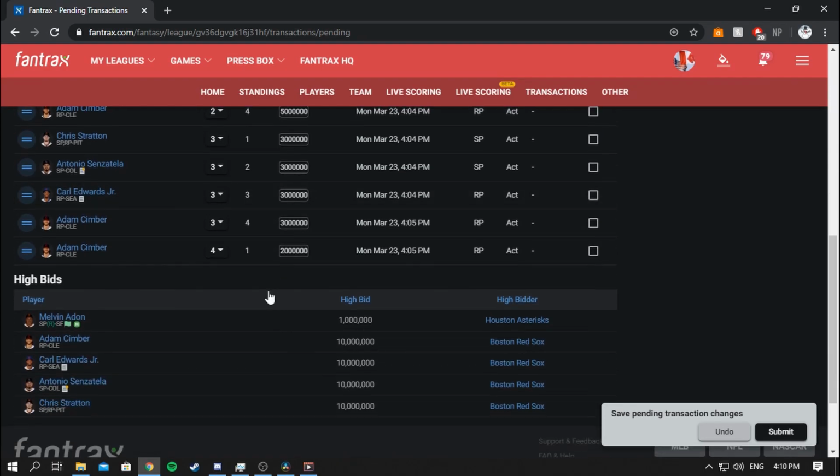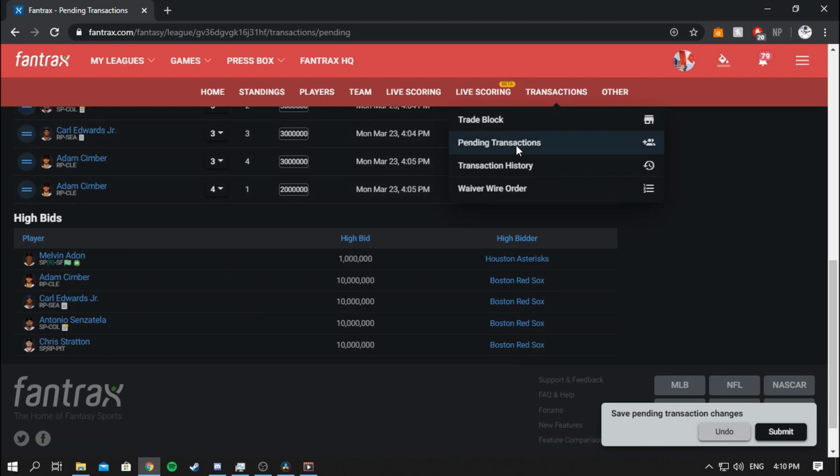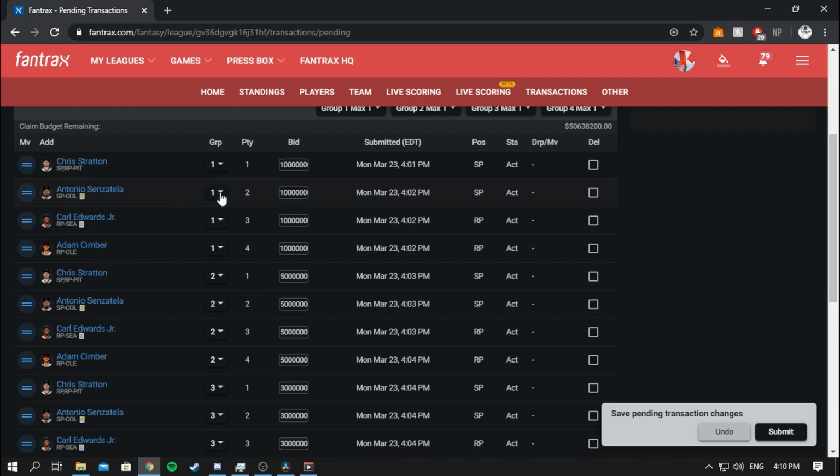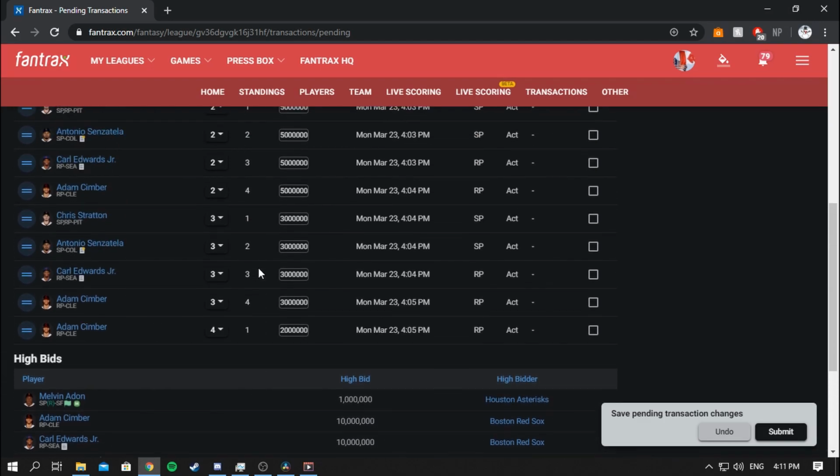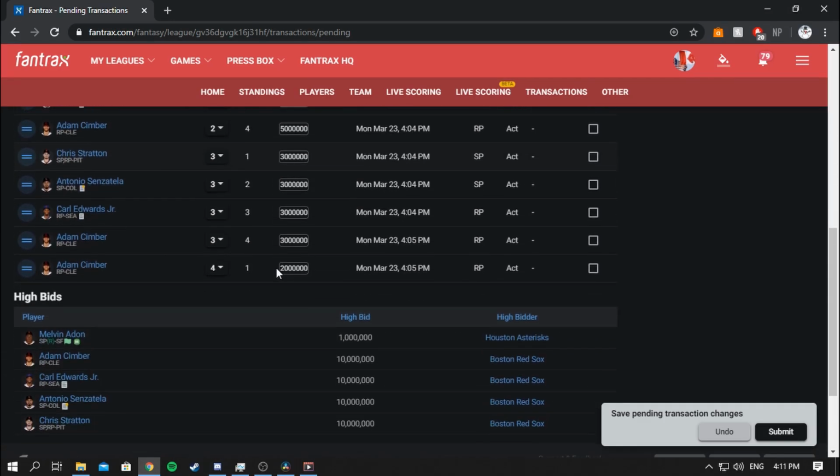And again, when you go to the pending transactions screen, you're going to see the stuff you've worked on here. No one else is going to be able to see this, but they are going to be able to see this part here from high bids down. So it looks like I'm bidding $10 million, or in our league $10, on all four of these guys. We know that that's not true. So even if you came to the screen and you saw that I have a $10 million bid in on Carl Edwards, you think he's only worth $1 million, still put that bid in. Put that bid in for $1 million, because